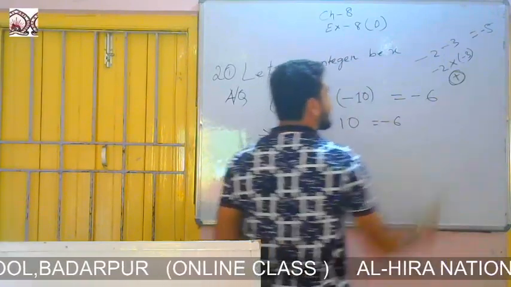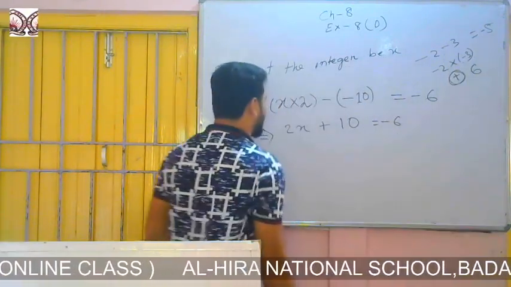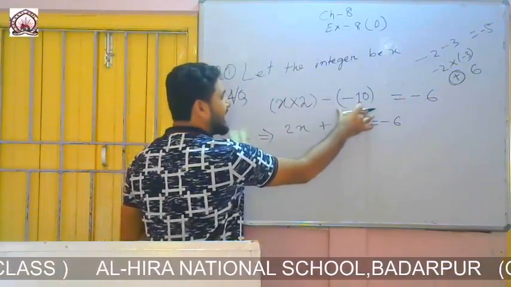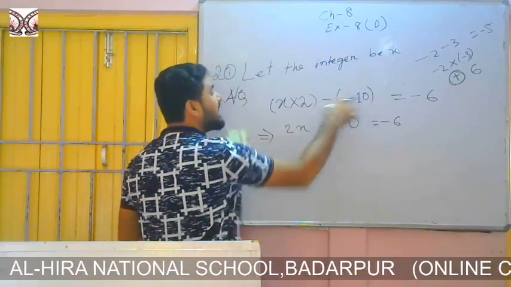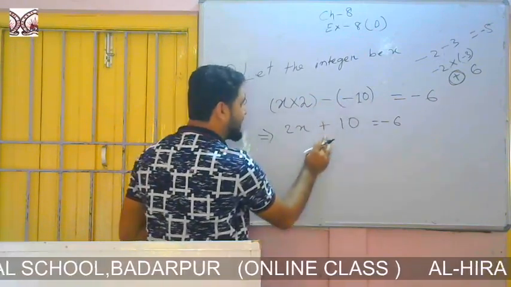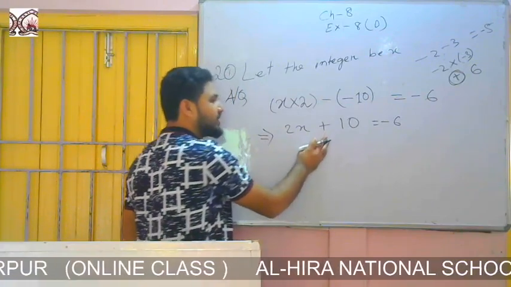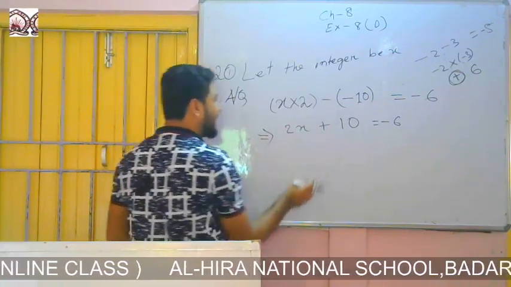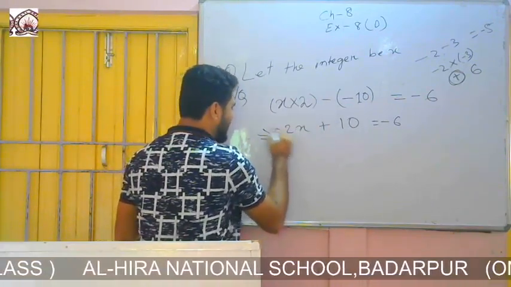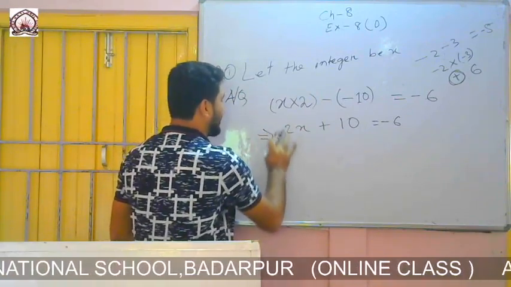Okay, then we have to multiply two numbers. 3 to the 6. So for that reason, the bracket implies that what? Multiplication. So for that reason, minus minus means plus, then we are writing plus, and we are writing the plus in the middle of the sentence. So for that reason, we have to put plus. And if we write at the first time, then no need of writing. Okay.